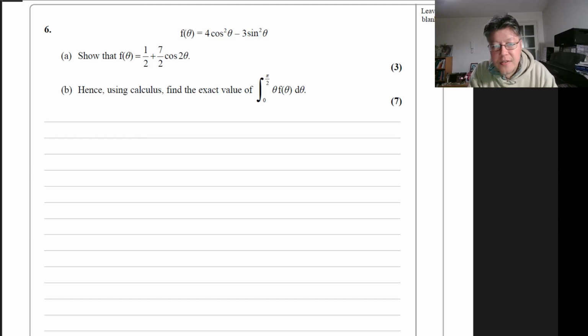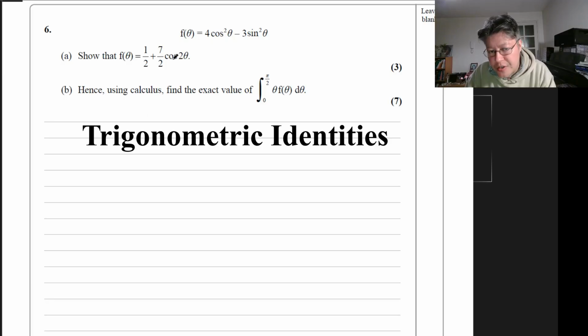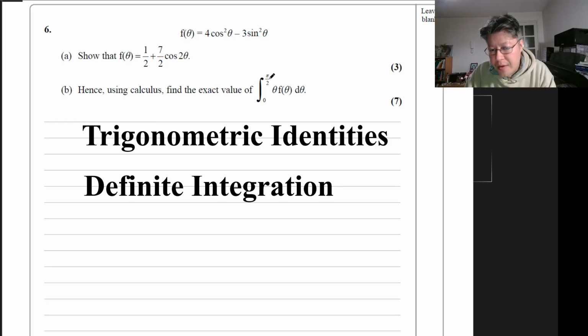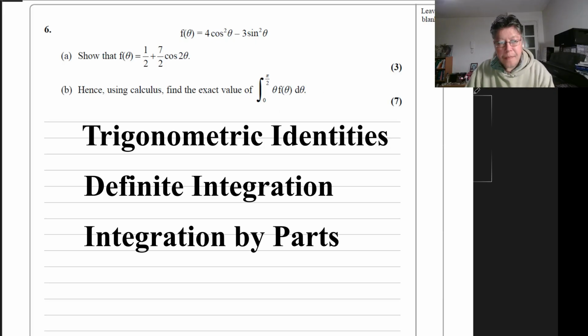Okay, so in this question we're given a function f of theta, and that's 4 cos squared theta minus 3 sine squared theta. And part A, that's going to involve identities, we just have to rearrange it. And part B, it's going to be definite integration and using by parts. So part A,